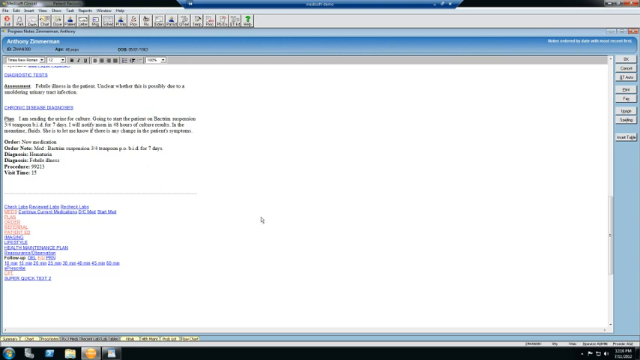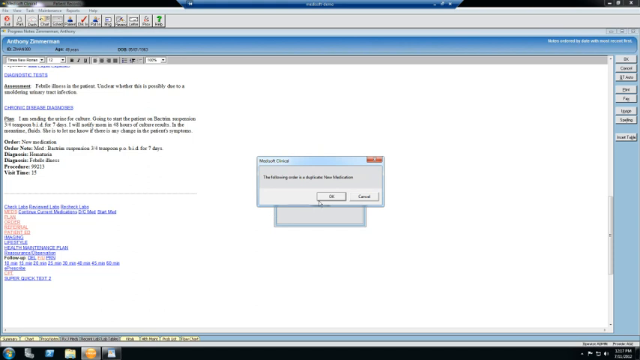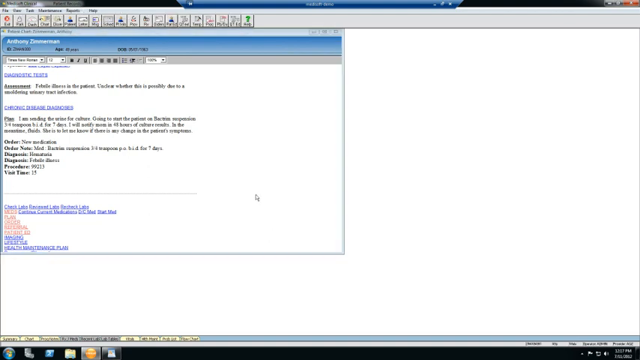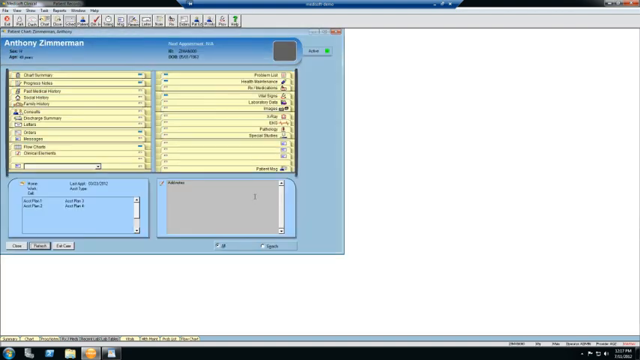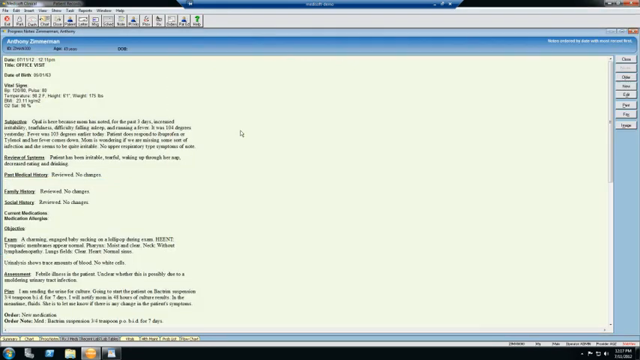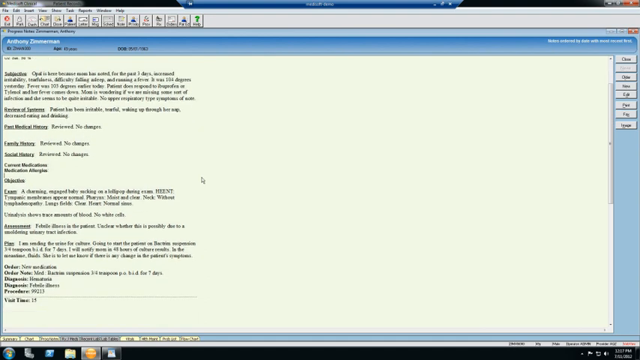So we'll go look at that progress note now. Here it's warning me of a duplicate order, which is correct because I have been testing it. Now I can go back to our most recent progress note, or I could go to the review bin and see here's the final product. Very clean